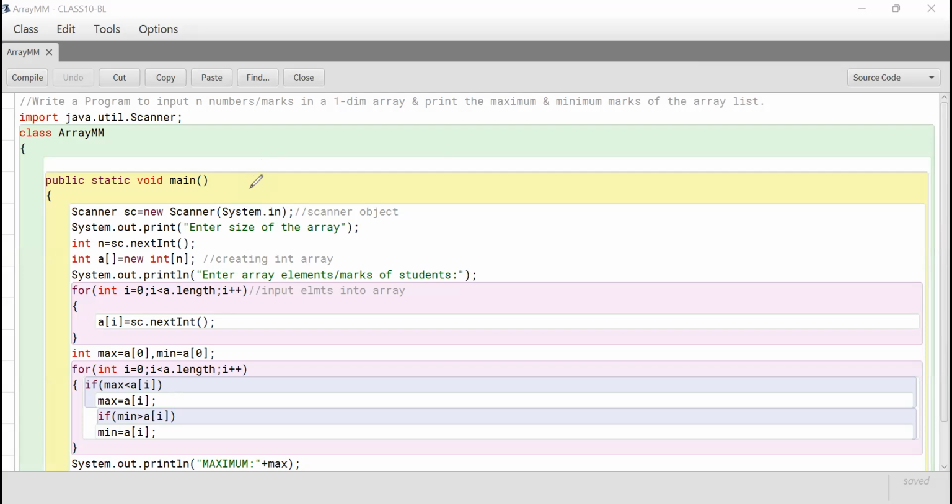Now again, there may be various logics. You can do the same program in different ways. Some of you can use the math function Math.max, which checks the maximum of the two values accepted, or you can just use if and find the max and min. So the logics can vary from person to person. You can use any one. So here, let's understand this